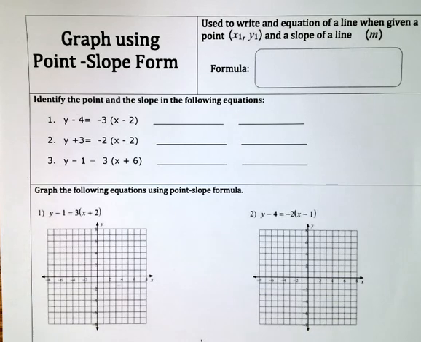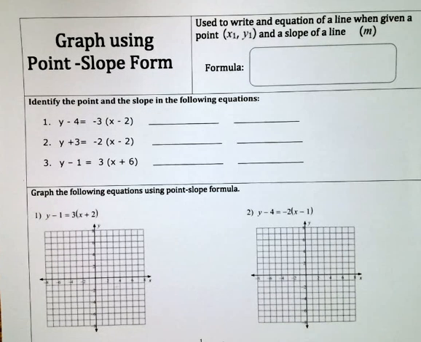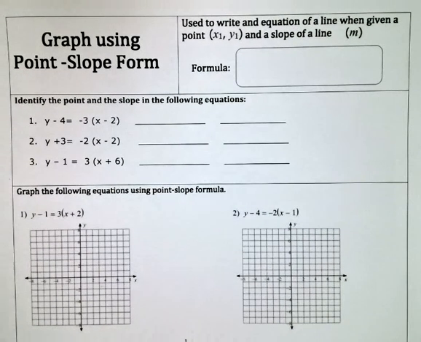Today we are going to graph using point-slope form. Point-slope form is typically used to write an equation of a line when you're given a point and a slope. Sometimes when we're graphing, they're going to set up the equation and it's already going to be in point-slope form. So instead of manipulating the equation to be in slope-intercept form or in standard form, we can graph right off